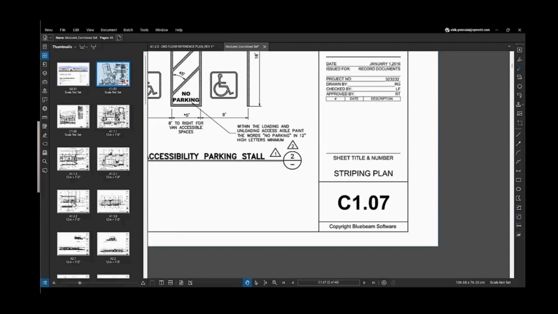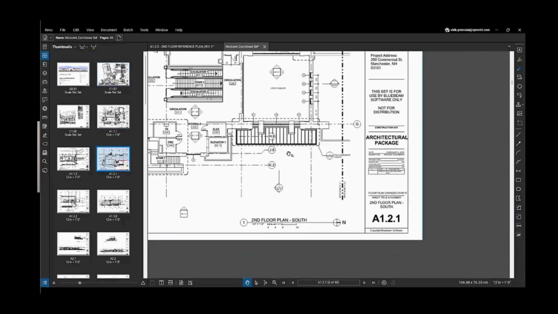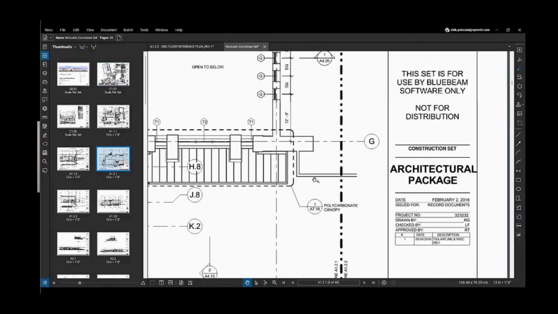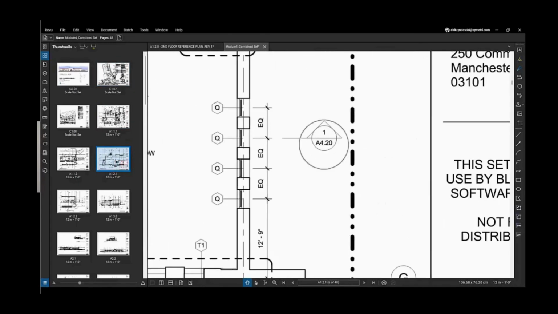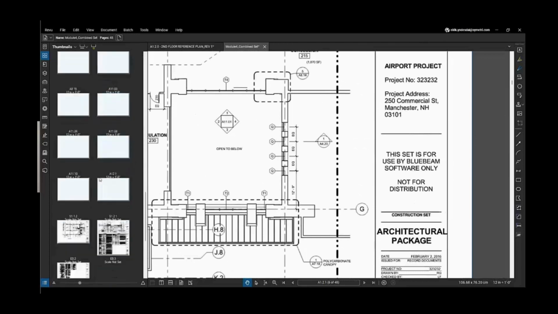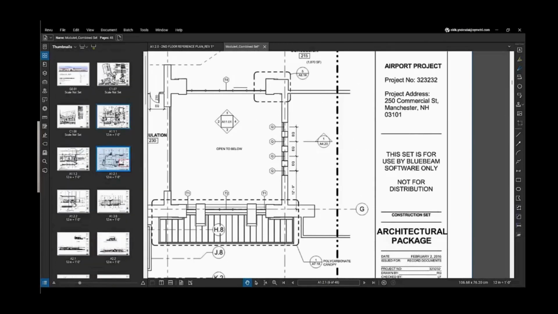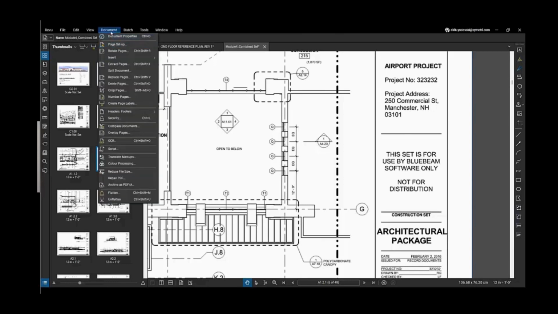And then I can also hyperlink those, because on multiple of these drawings it will refer to a different sheet. So instead of looking through the whole PDF file to find that specific section, I can hyperlink those page labels. And to do that, we can go to